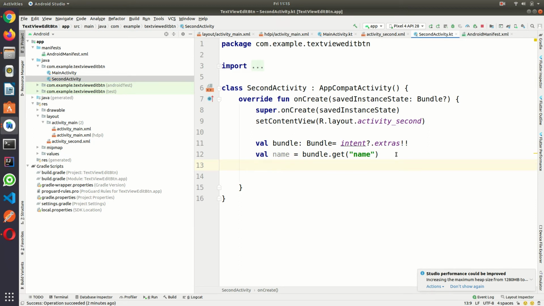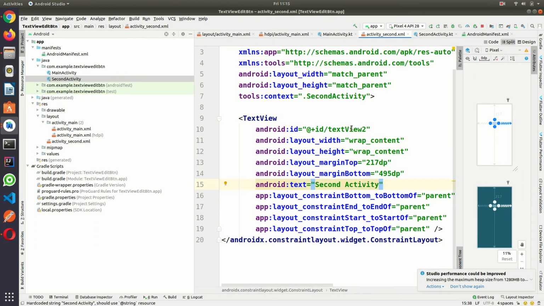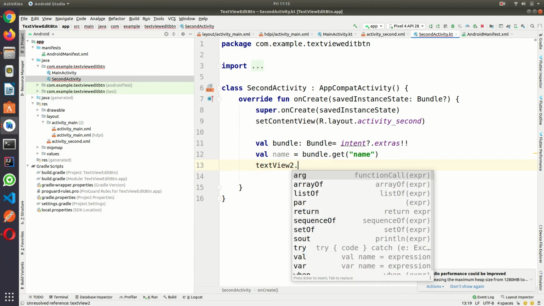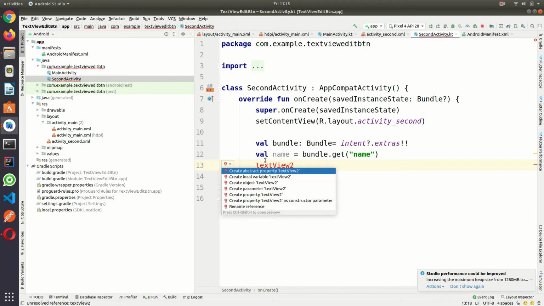So here I have text2. Let me check this XML ID. Yeah, textView2.